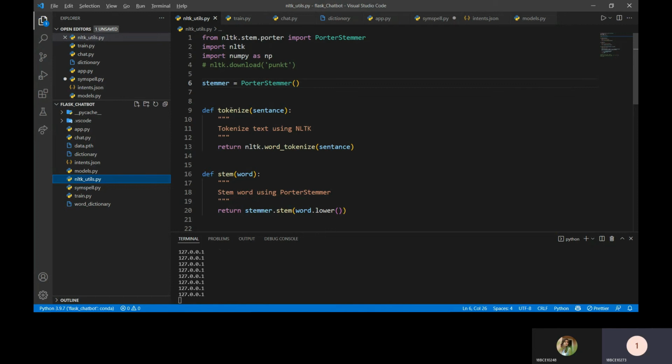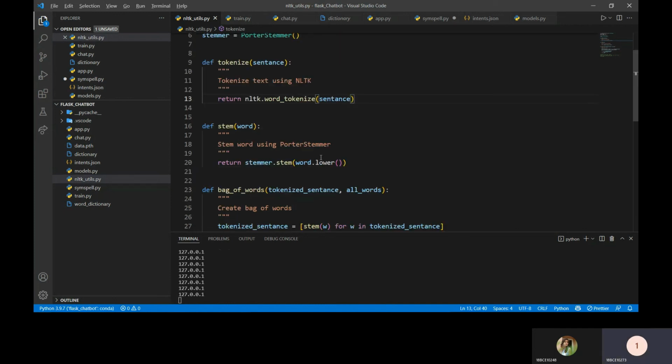The first step is tokenizing. Here we are splitting our complete sentence into all its words and making a word list out of that sentence. After that, we are stemming all the words in that list.